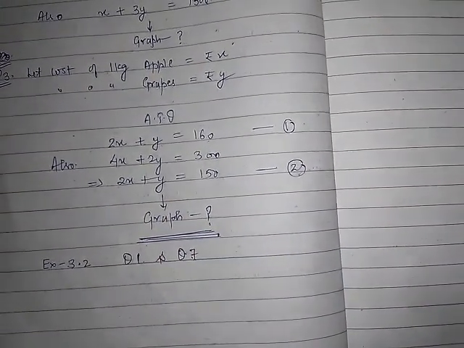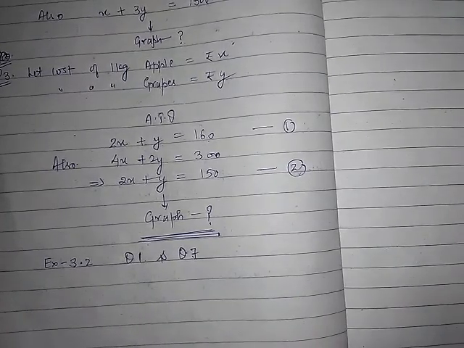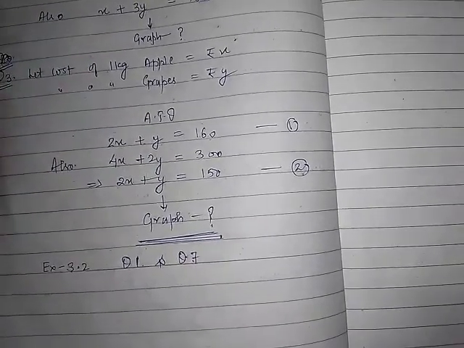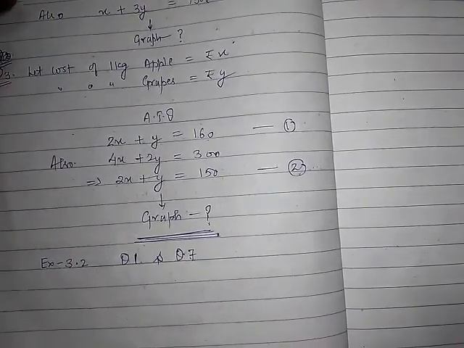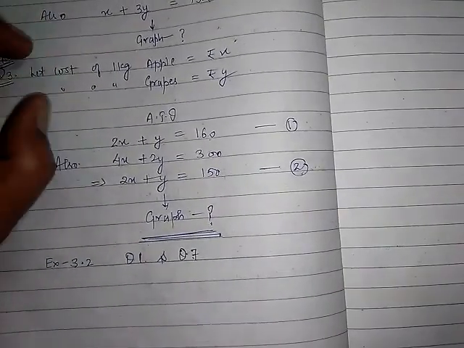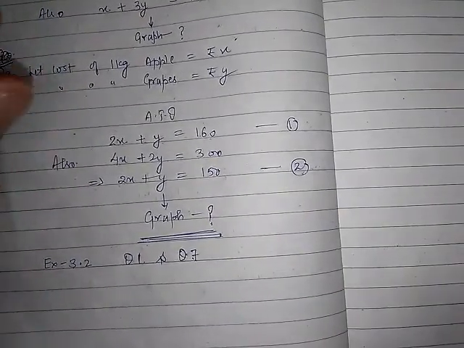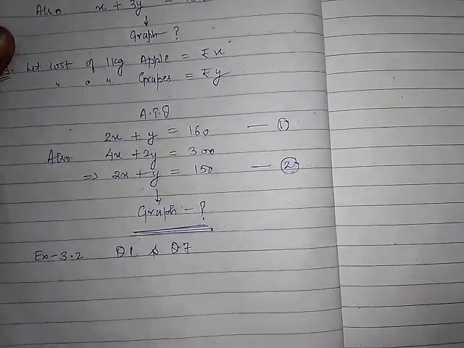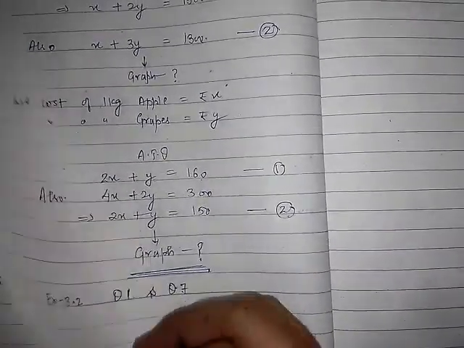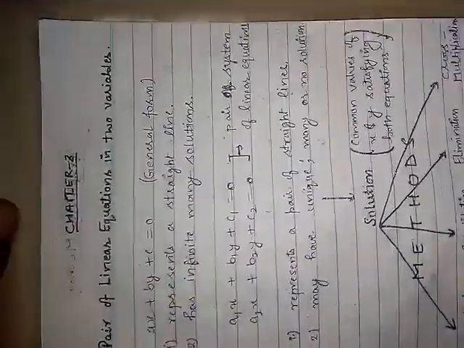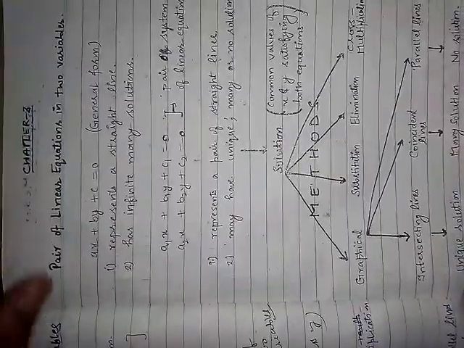I hope you have understood the graphical method. Okay, and let me remind you one more time here, the graphical method is used to find the solution of the system of linear equations. And what do you mean by solution? Solution means common values of x and y satisfying both the linear equations. Clear? So now you can have a look, you can take the screenshot for this so that you can note it down in your notebooks for making the notes.